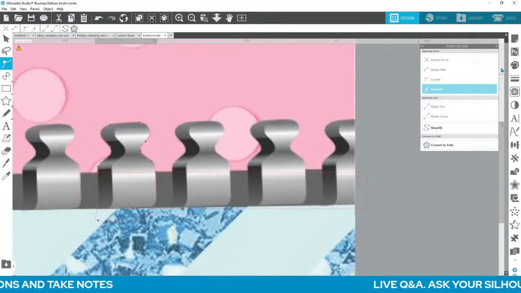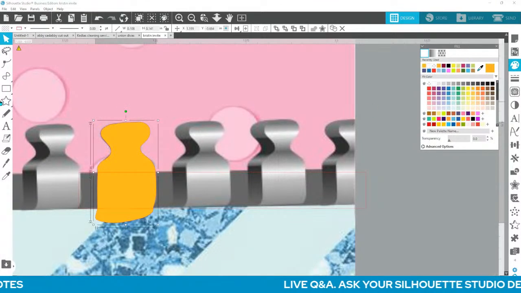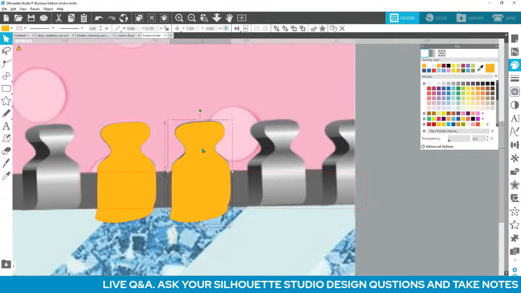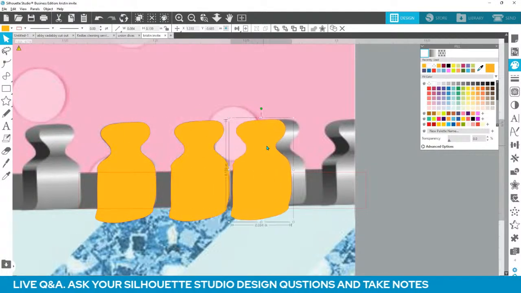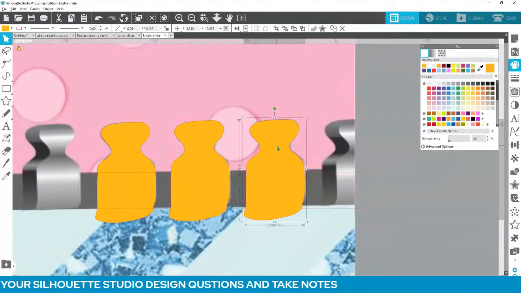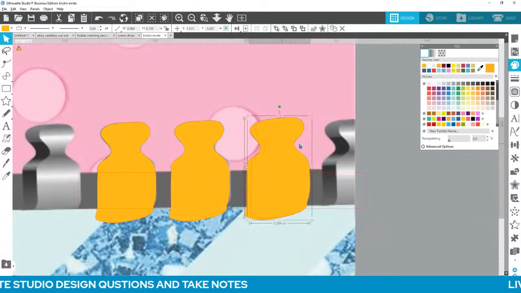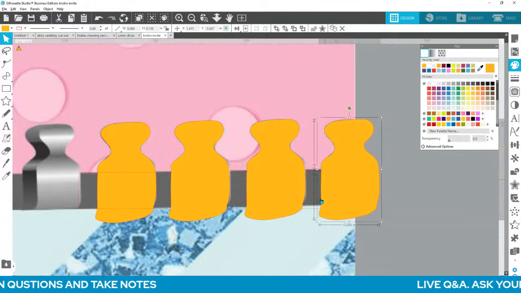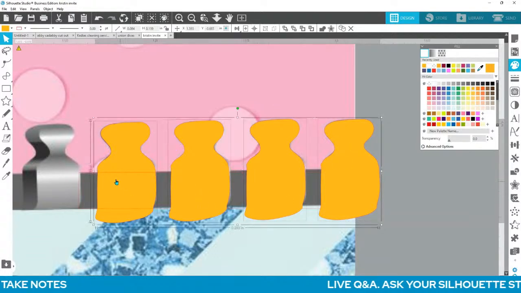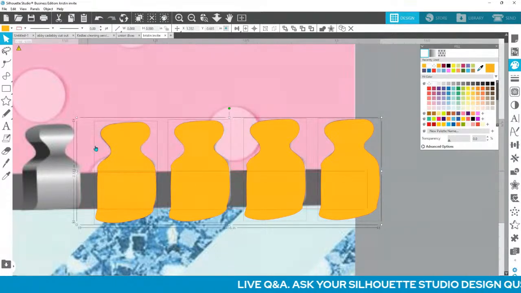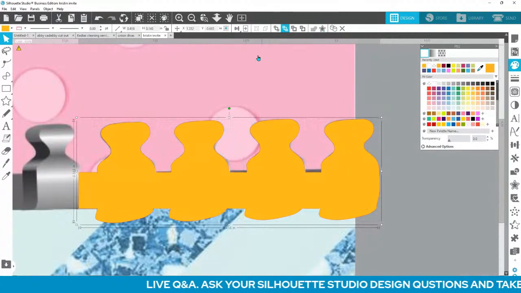I'm going to take this one. Let's fill it in with some color and duplicate it, and duplicate it, and duplicate it. And now select all of these and that rectangle and weld it all together,